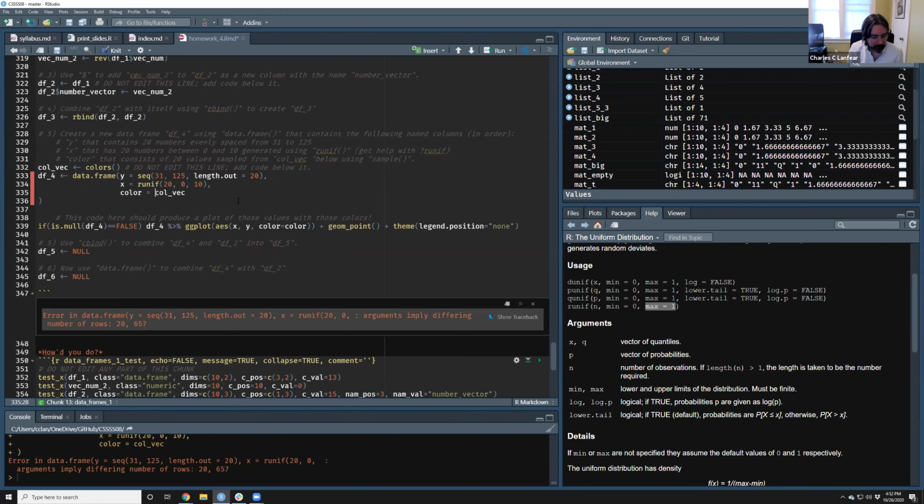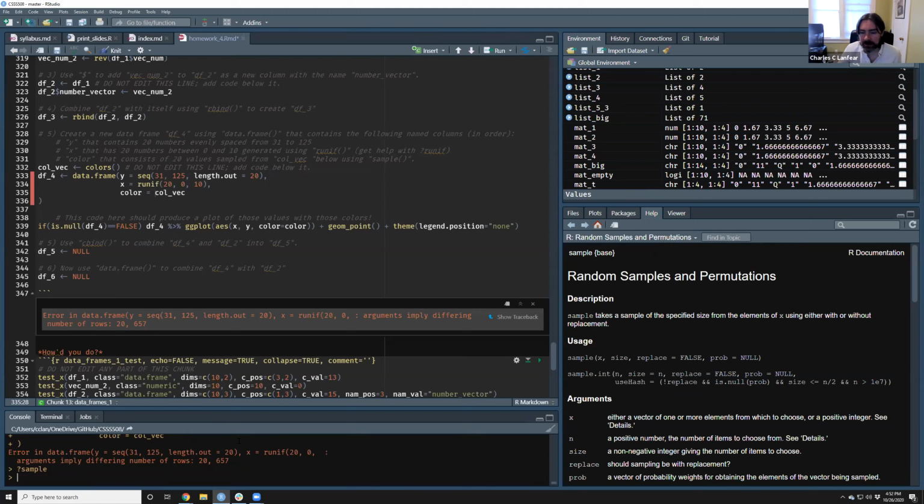Yes. So what we want to do is we want to use sample on it. So how does sample work? I look over here at sample and it says sample takes x, size, replace equals FALSE, prob equals NULL. Okay, well, what is this? Sample x.